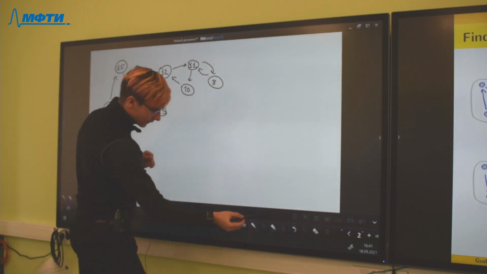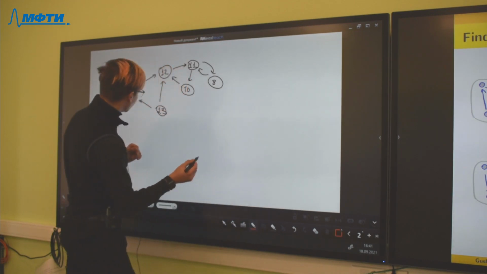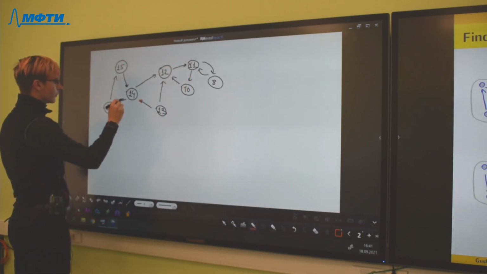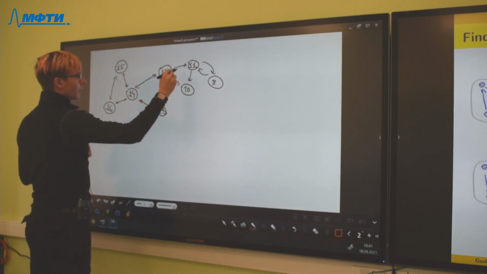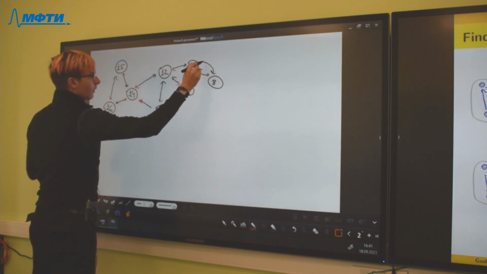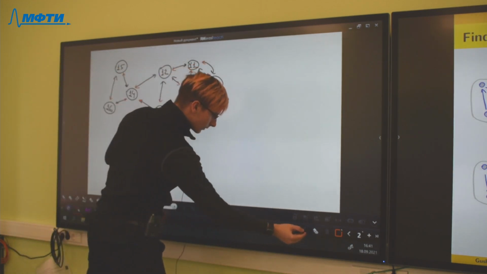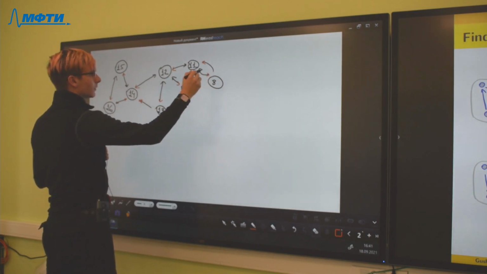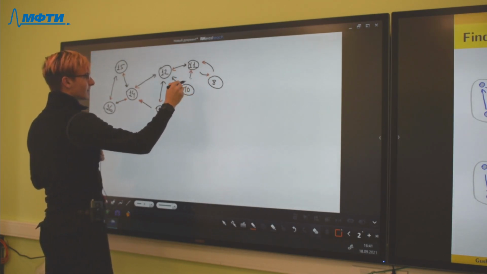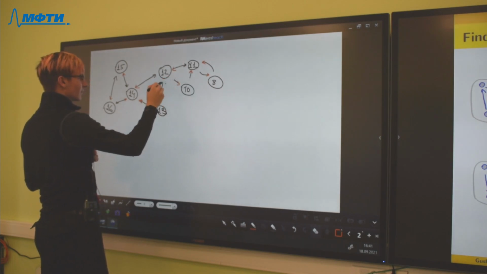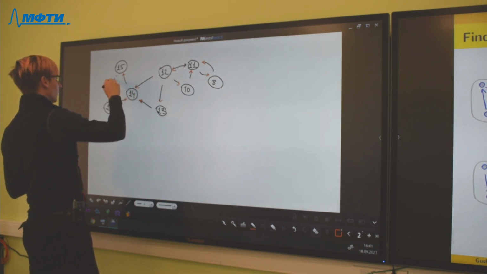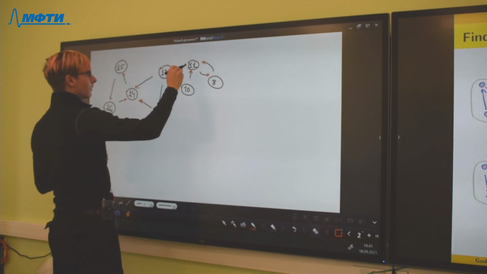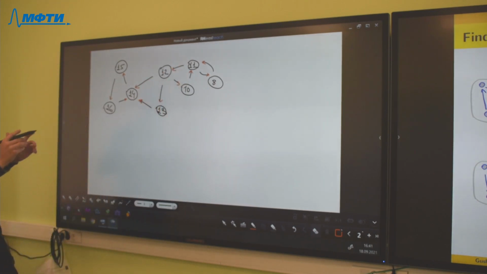I use another color to do this quicker, and erase, to avoid any conflicts with understanding of this graph. Okay, this is the graph with reversed edges.